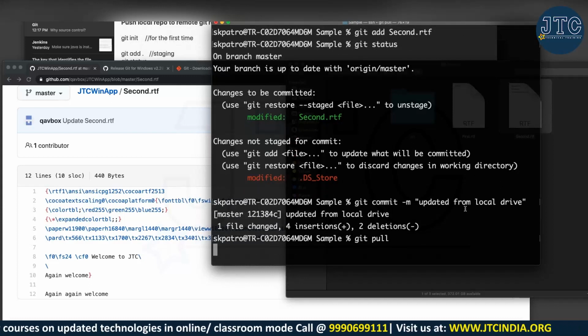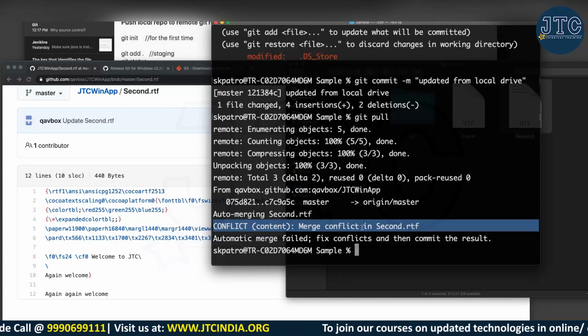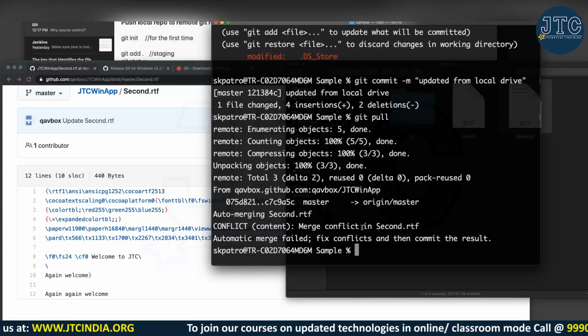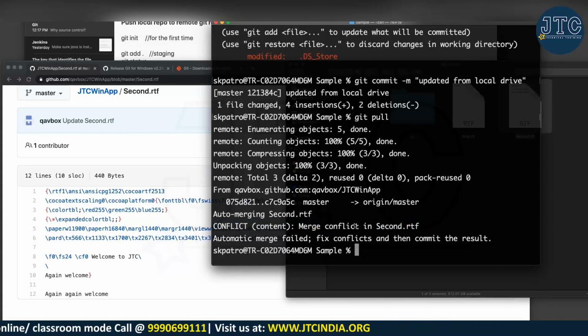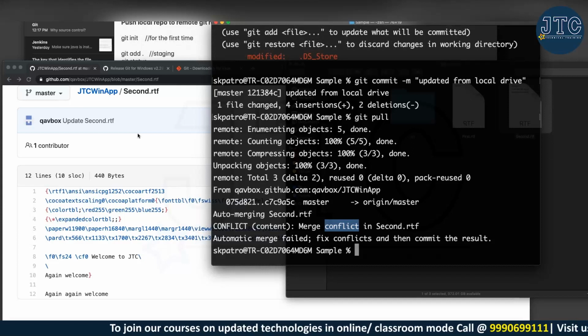Now if I pull this one, see, you are getting a conflict. So this is the merge, locally you are merging. Whoever asked that question, are you clear with this merge? That merge is different and this merge is different. With this local merge, you will always get conflicts, because there are chances. So if I am resolving this conflict locally, then you won't get the pull request conflict, because I'm taking the latest of others and then my latest, and whatever I want to keep, mine or the others, I decide, and I will push the complete message only.